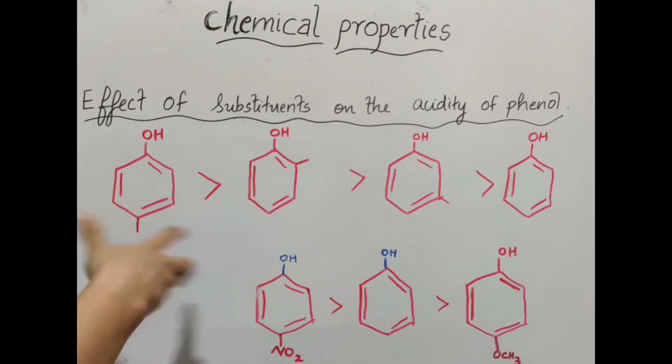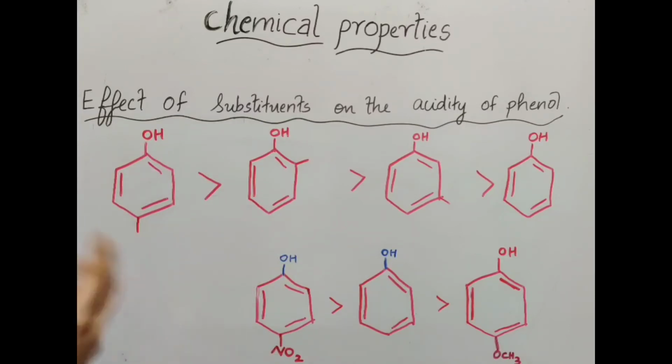The familiar electron releasing group to you is the alkyl group, CH3, one of the important alkyl groups. Next we are discussing the effect of substituents, that is electron releasing groups such as alkyls, NH2, OH, OR at the ortho or para position with respect to the